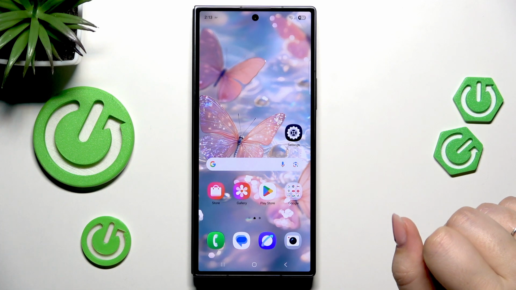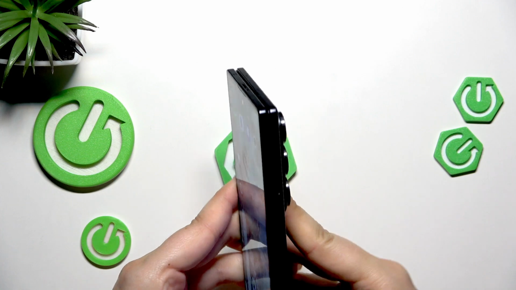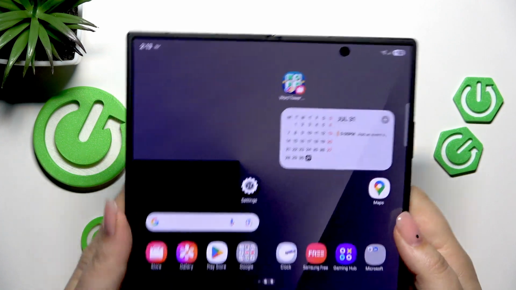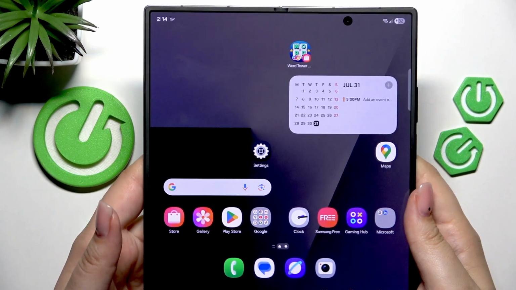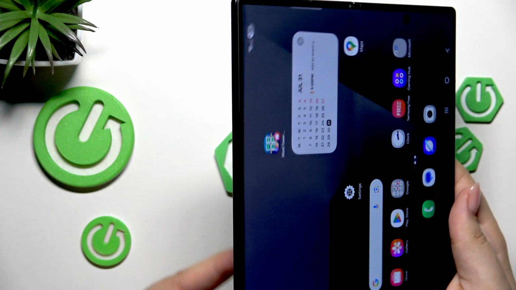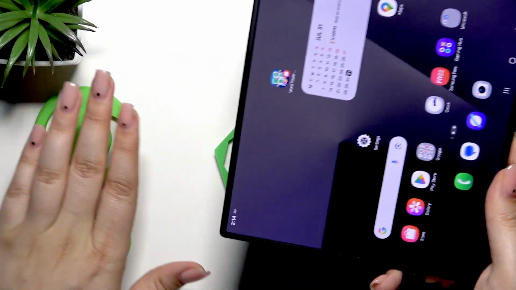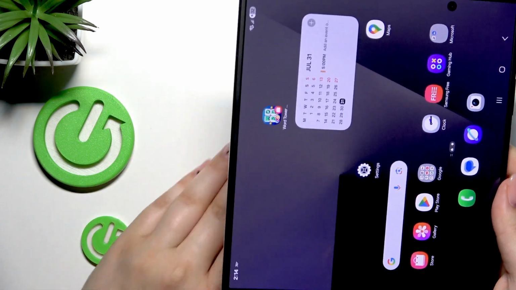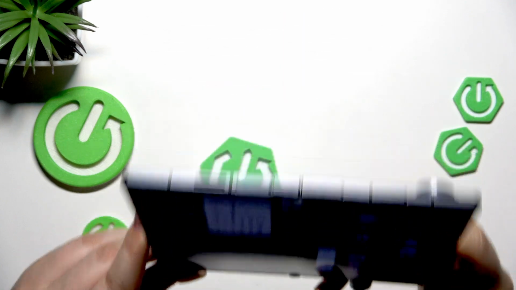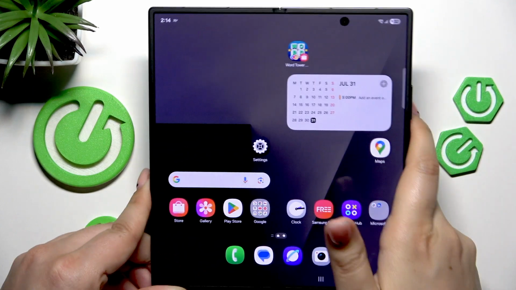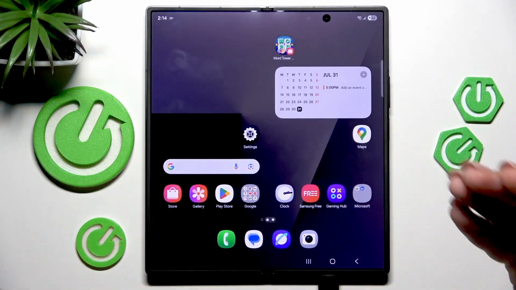However, here we've got a big surprise. After opening the phone, let me quickly open it. We've got this wallpaper, which was previously set. So as you can see, the wallpaper which is here on this rear screen, let's say, and this which is inside do not match at all, which means that we have to change the wallpaper here separately. So we have to simply just